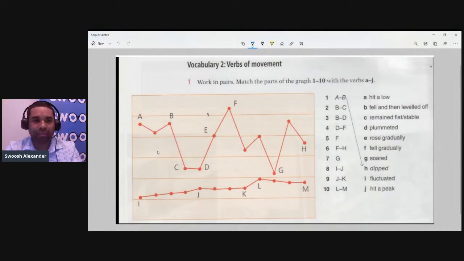So we can see then, between A and B, this is the example, the actual trend was that it dipped. We can see that it reduced and it climbed a little bit, but overall there was a dip between the value where it was at point A and where we ended up with point B. Okay, so it dipped